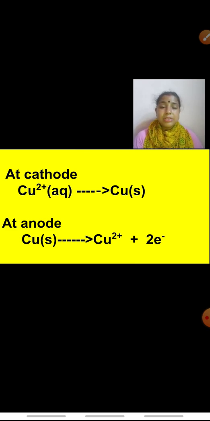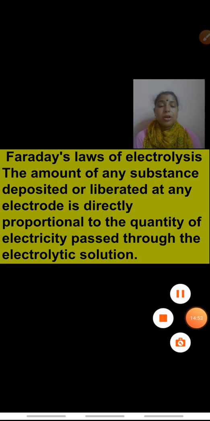from this, if electricity is passed, then at one of the electrodes, sodium gets deposited at the cathode and chlorine gas is evolved at the other electrode. Now children, using this electrolytic cell, we have to study some of the important laws which guide the process of electrolysis. So we'll study Faraday's laws of electrolysis. He has given two laws for governing the process of electrolysis.